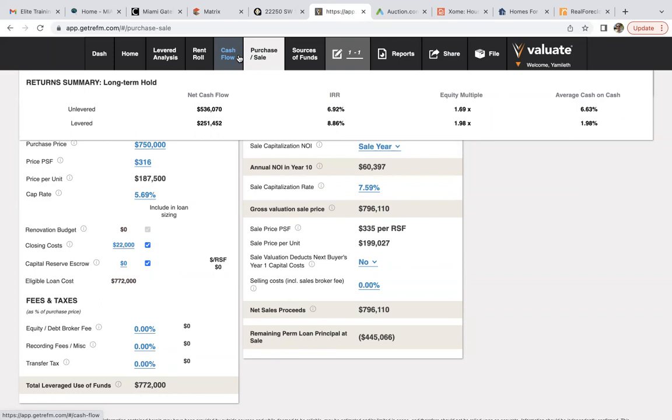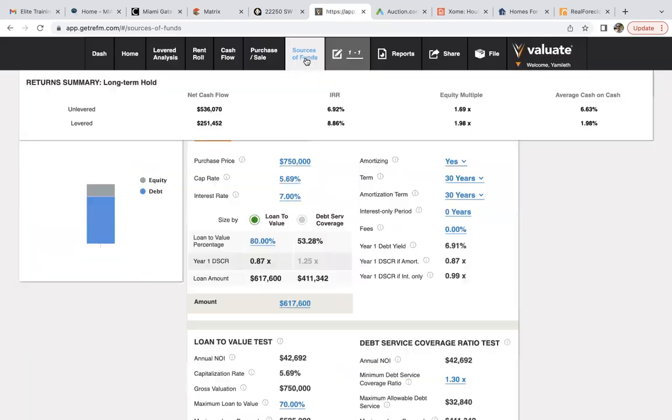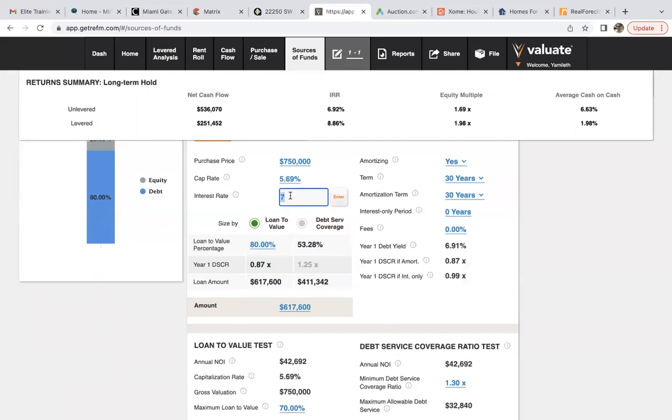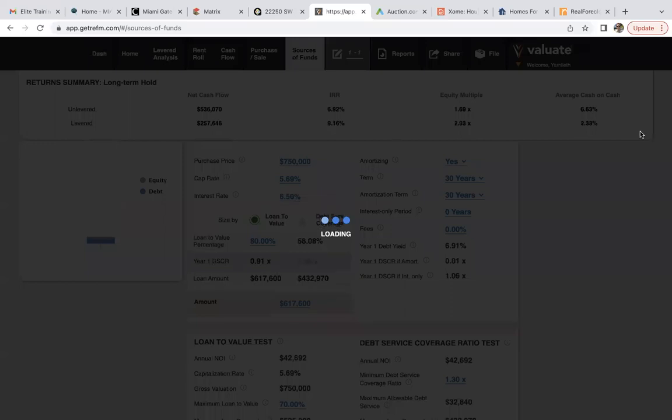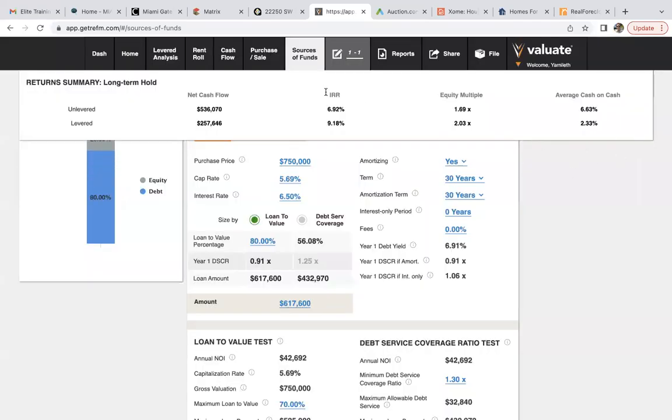to your customer. Or let's say that your interest rate is not 7, it's 6.5. Go to the sources of funds, and then instead of 7%, switch it to 6.5. All right, and that, of course, does make a difference. Now we're looking at 9.1% internal rate of return with